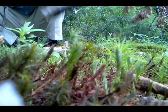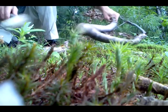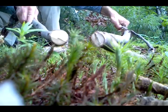That's dry red maple. I'm not saying you want to use your Opinel to go around the forest battening wood everywhere. I'm just demonstrating that you can do it. And the number 10 is a good